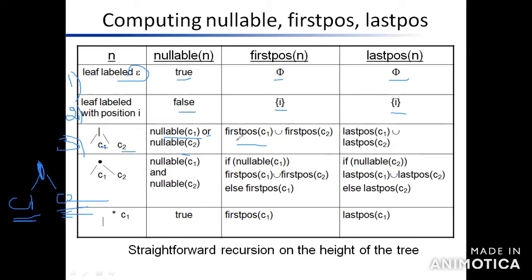Okay. So what about the first position? How to calculate? This is for C1. In C1, I'll give some alphabet symbol A. How to calculate the first position, last position? In A, I have the numbering. After creating the syntax tree, you have to give the numbers. So A is nothing but 1. C2 is nothing but B. C1 is for A, C2 is for B. So in A, I'm having numbering 1. For B, I mentioned the numbering 2.